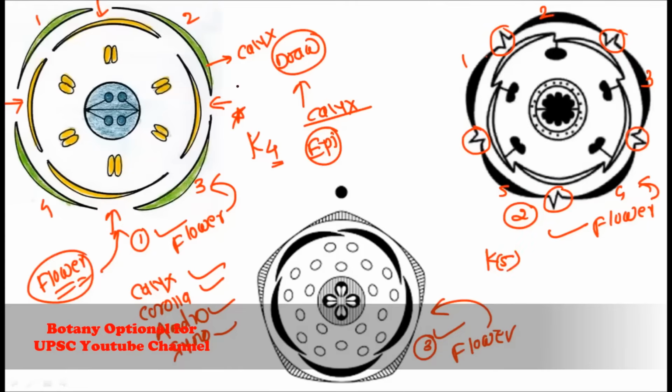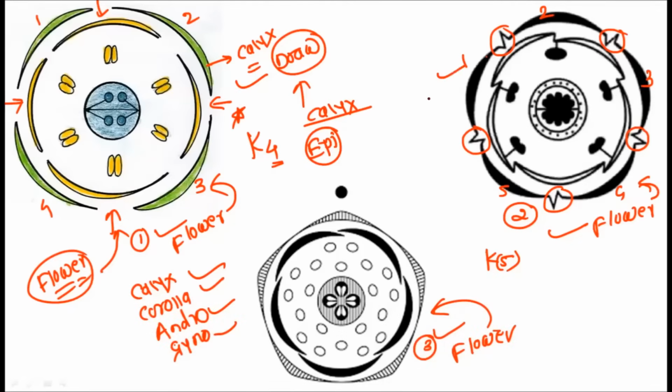Okay, so in this particular flower, the flower shows the polysepalous type of the calyx, and in this particular floral diagram, you will observe the gamosepalous type of the calyx. While studying the third diagram, see again 1, 2, 3, 4 and 5 calyx are there. See, K5 condition is there, and here also the calyx are fused, and here the continuous line is shown. No gap is there between the calyx, and calyx are fused.